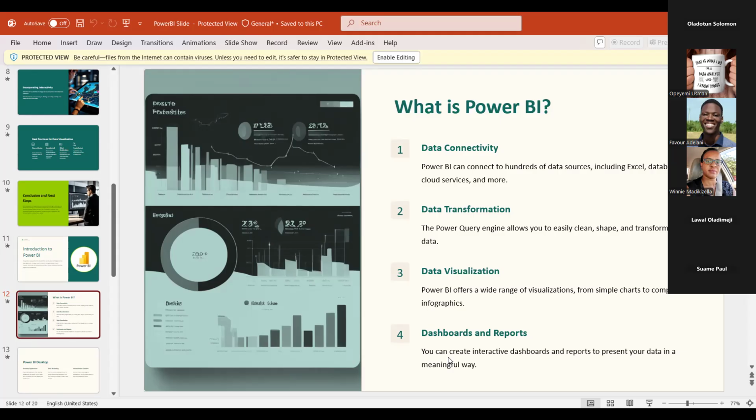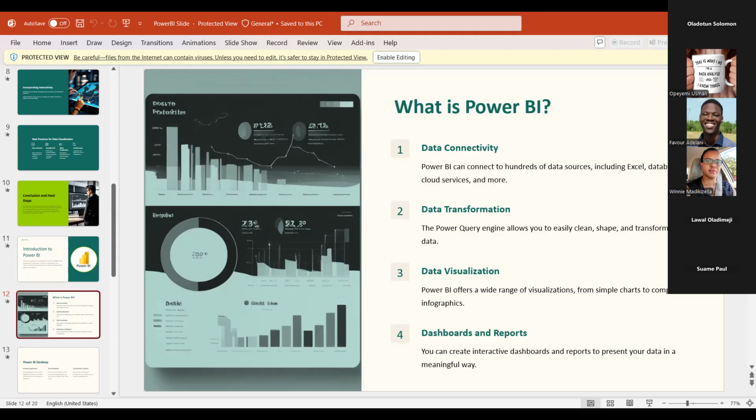Aside the fact that Power BI can connect to various data sources, you can connect Power BI to spreadsheets, you can connect Power BI to databases, you can connect Power BI to servers, you can even extract from PDFs into Power BI. Thank God for the Excel class we had before, where we were able to explore Power Query and some advanced features of Excel. And that's what is going to make this class a lot easier to understand for us, because that foundational knowledge has already been laid. So in Power BI is data connectivity. You can connect to a lot of data sources.